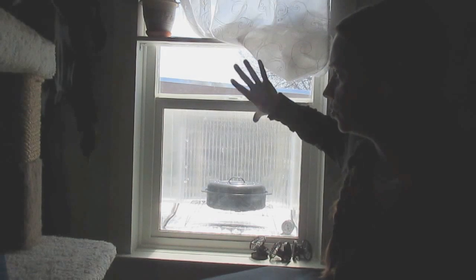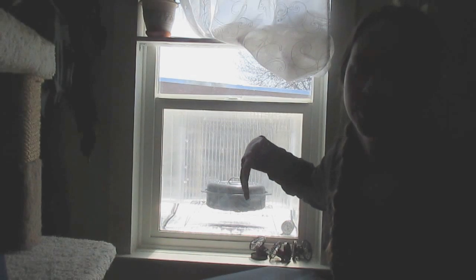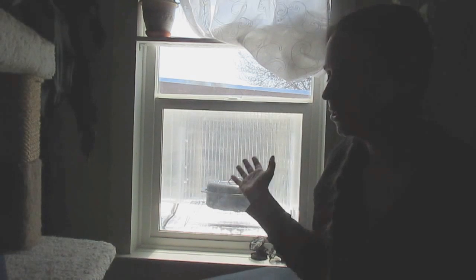So I wanted to be able to shut my window and then not have any heat if I wanted it, or open it and have the heat come through with the greenhouse panel, because these windows are low E, so they don't really let through heat. Anyway, I screwed that on the window, and the very next day, about 10 o'clock in the morning,